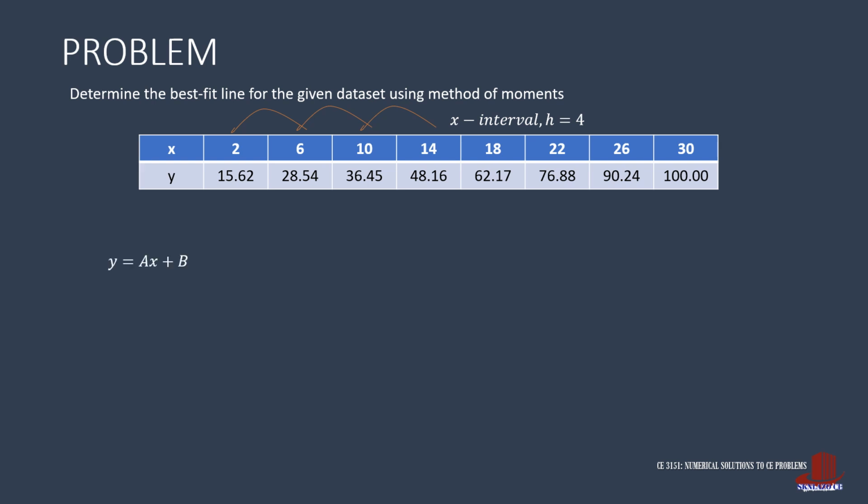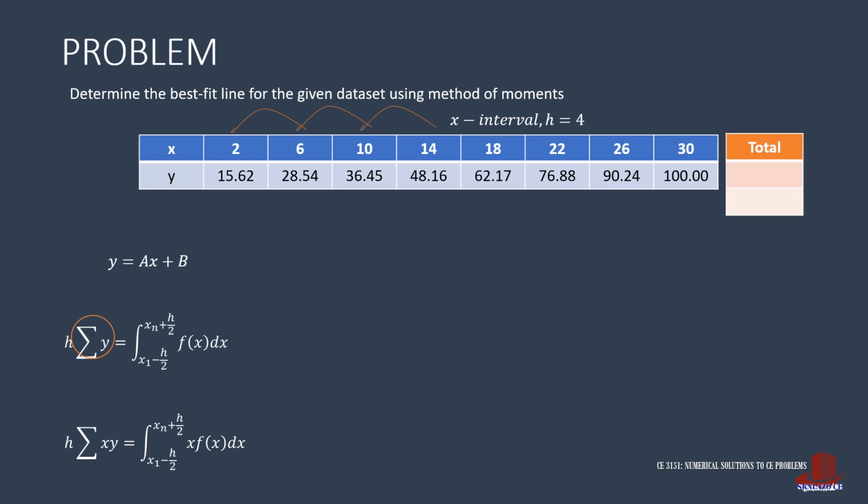Looking for the best fit line, we have to use the first two moments. The first is h times the summation of y, and the second is h times the summation of xy. All we need to do now is to identify the values of each parameter in both equations. After knowing h to be 4, we can then move to the summation of y, which can be taken from the dataset, and adding all y values, we get